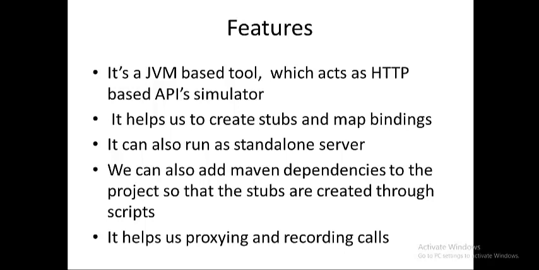Now what does WireMock have in its repository? WireMock supports stubs. So in the WireMock repository, it is our duty to keep the contracts or the stubs, so that WireMock does a check whenever there is a call or a hit for a particular API. If it is not present, WireMock returns saying that it cannot be found, with a 404 error. On the other hand, if there is something matching, it helps you with the response body.